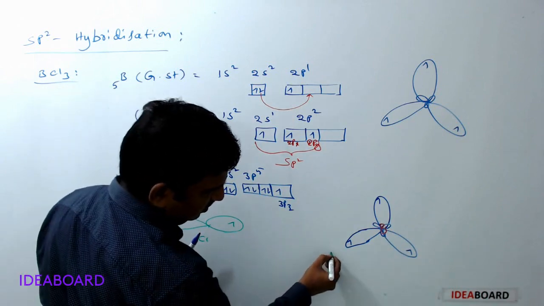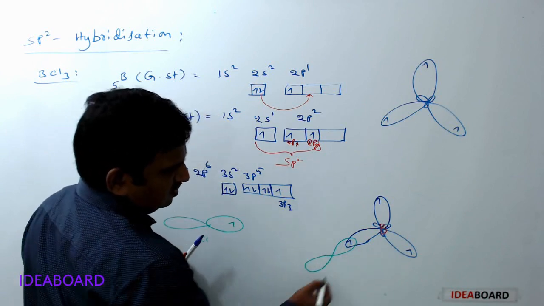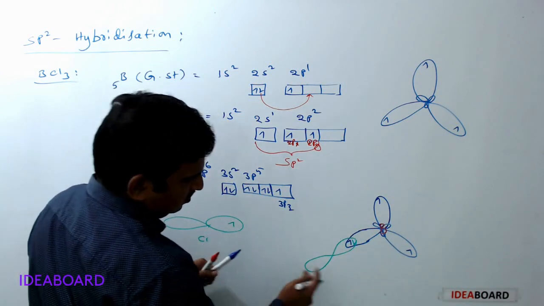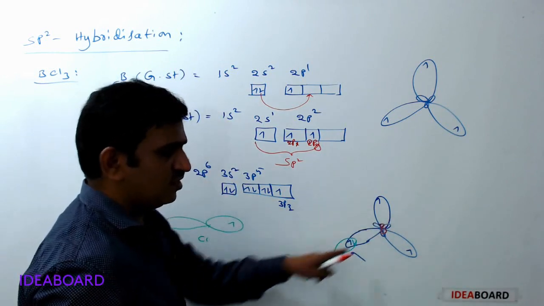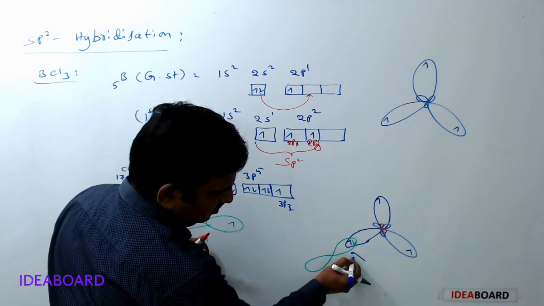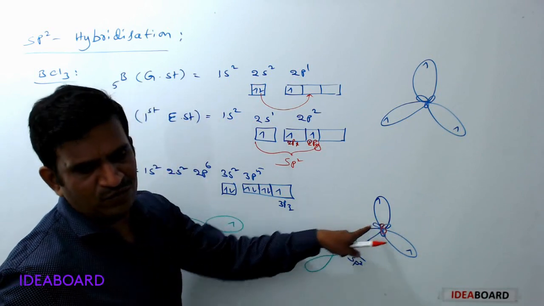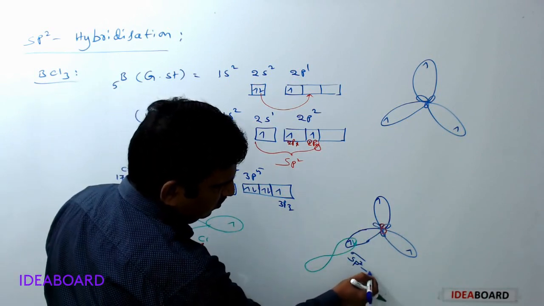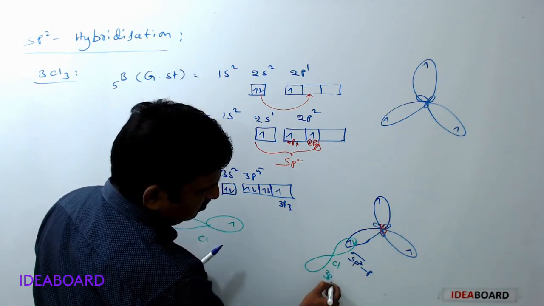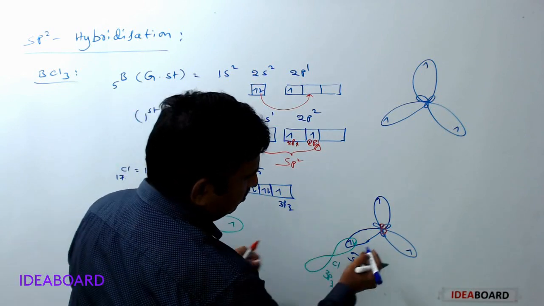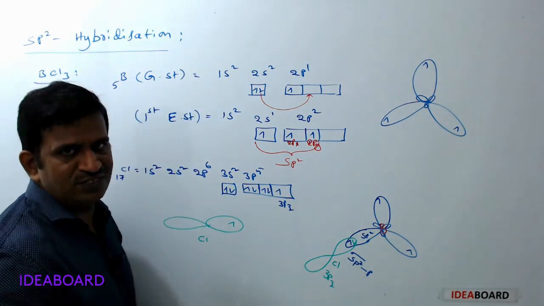So the green colored one, one chlorine atom's 3pz orbital, is linearly overlapping with its electron, and here the bond formed is a sigma bond. Linear overlapping means always sigma bond, and this sigma bond is formed by what type of orbitals? Yes, the sp2 orbital of boron and the p orbital of chlorine. This is chlorine and its 3pz orbital, and this is boron's sp2 hybrid orbital. So the sigma sp2-p bond is formed.